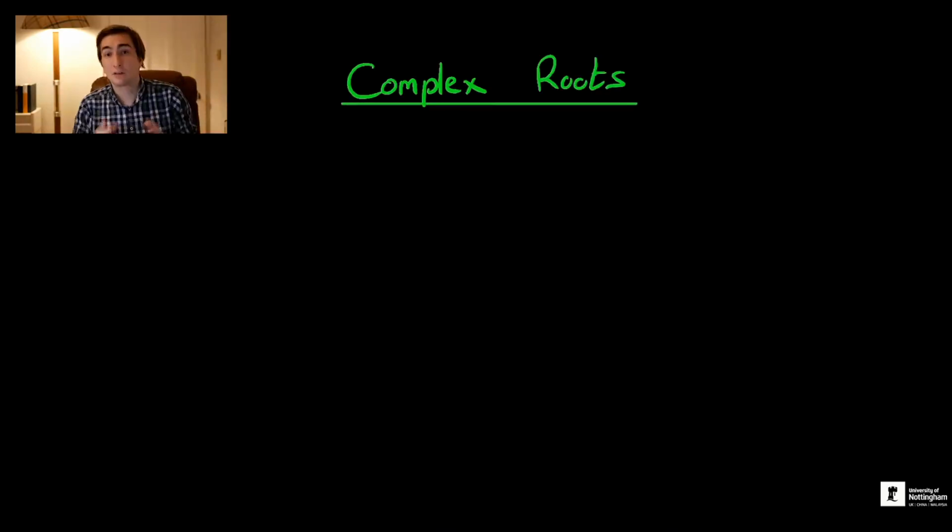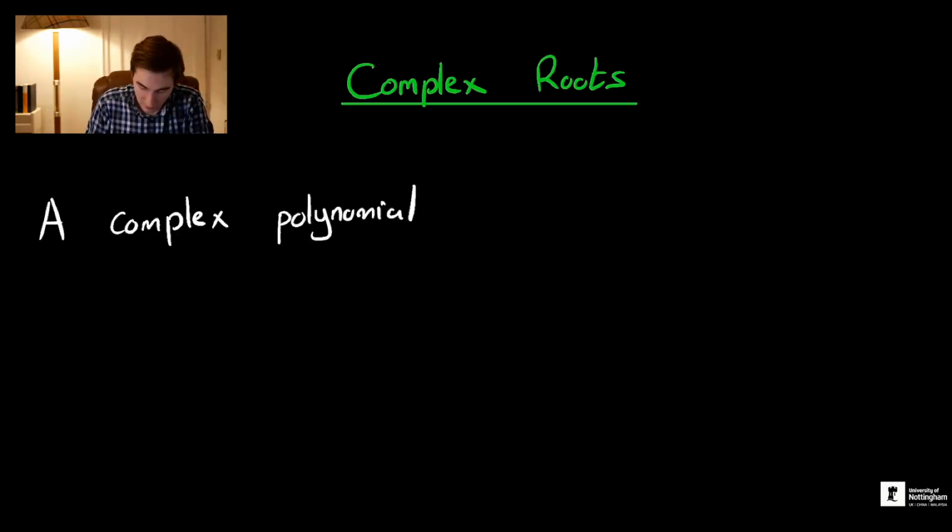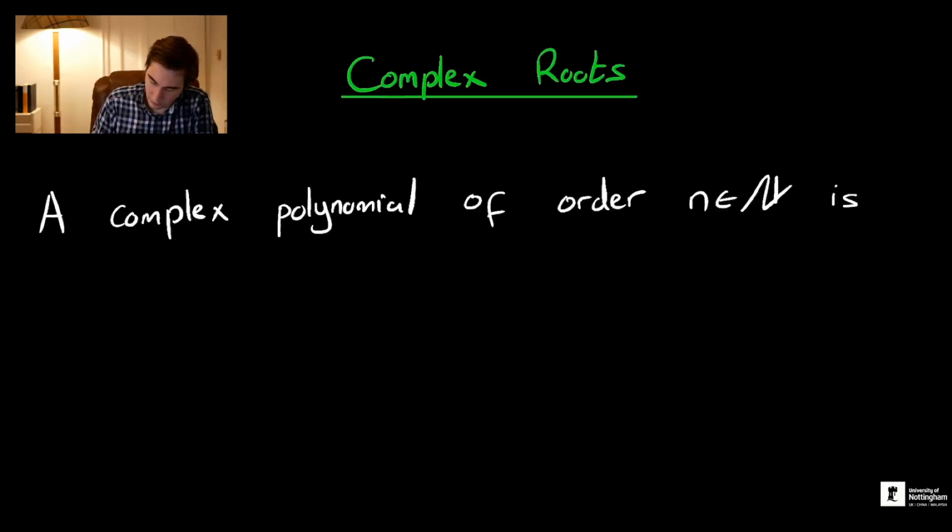So we've already seen how to find roots to quadratic equations with real coefficients. So that was things like ax squared plus bx plus c. So what do I mean when I talk about a complex polynomial? A complex polynomial of order n, where n here is a natural number, is of the form,